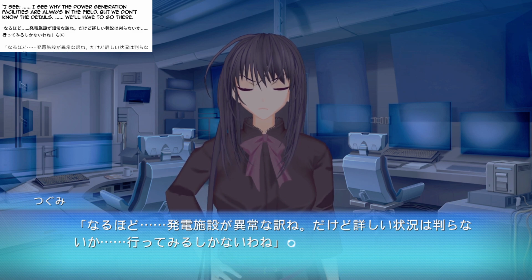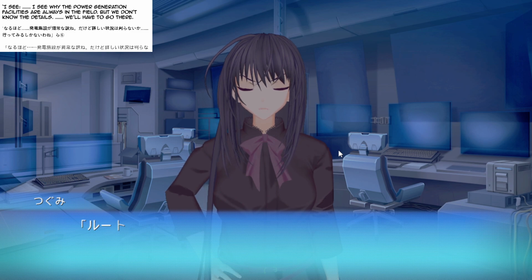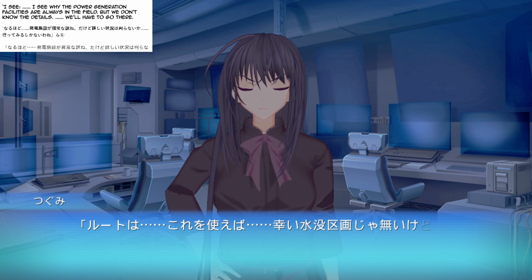But we don't know the details, we'll have to go there. ルートはこれを使えば幸い水没区画じゃないけど機能停止